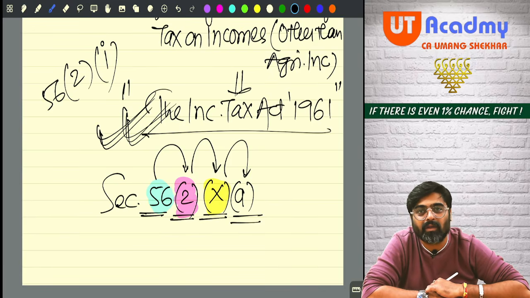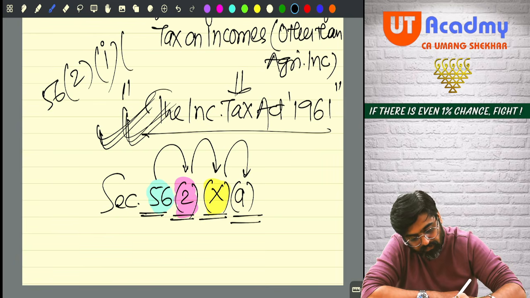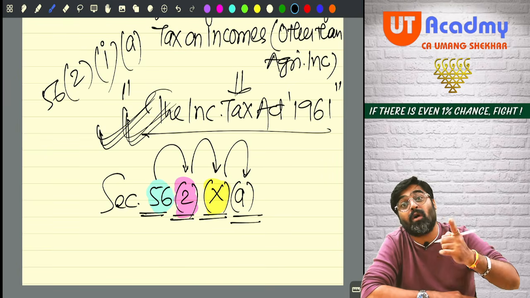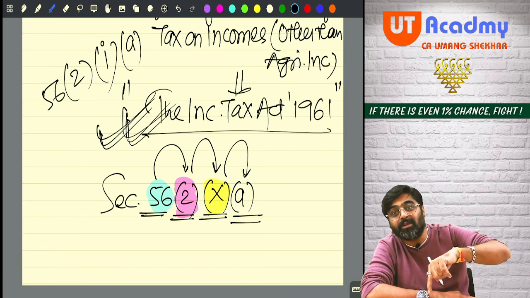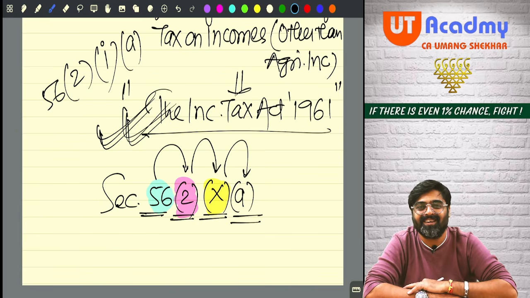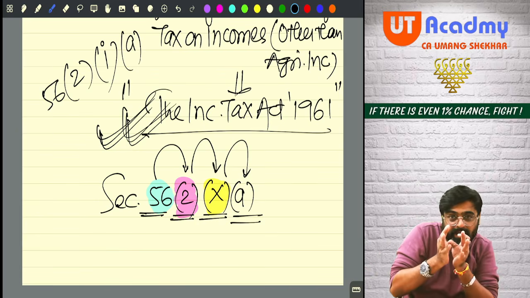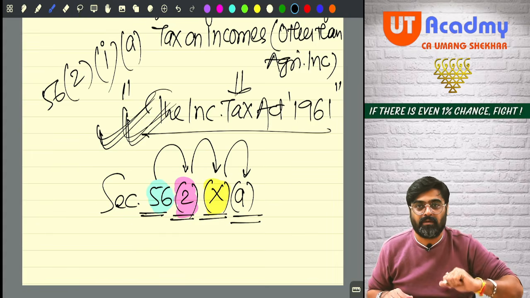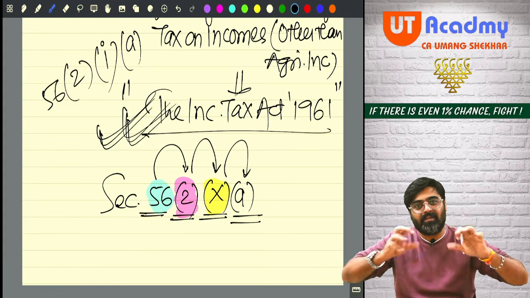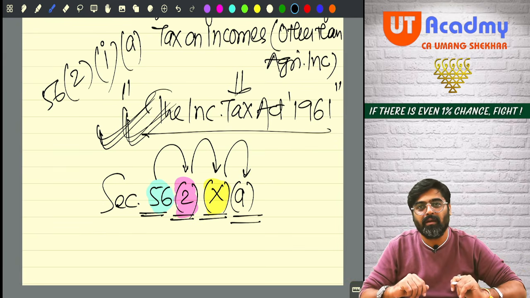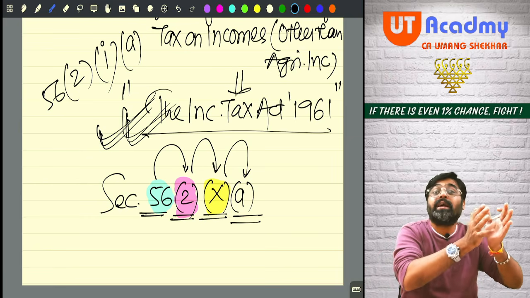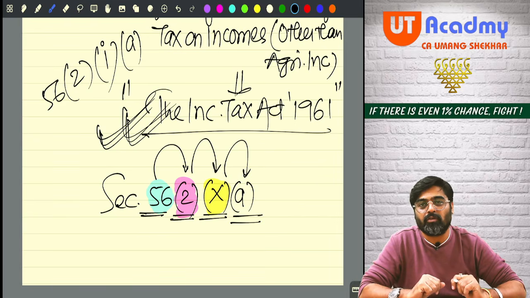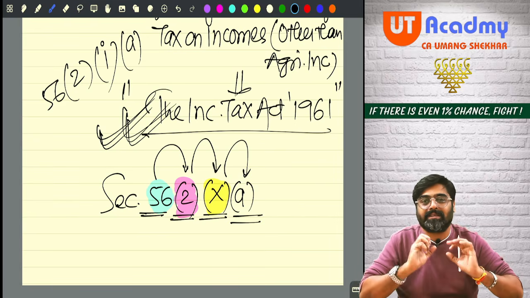Getting my point? Then, after this, clause A, subclause A: subclause A of clause A in subsection 2 of section 56. See how minutely they have divided the things so that the reader gets a proper understanding without any confusion. If they had wanted, they would have given everything in paragraph form. Go and read. So this is the way in which the entire law is divided into logical small parts. So this is easy to digest and understand.